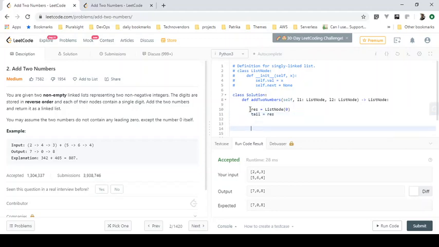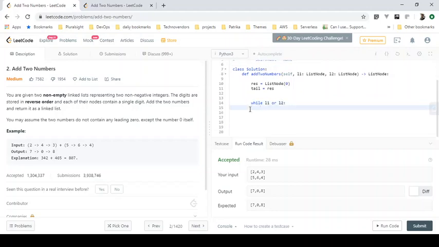First we'll check that L1 and L2 should not both be empty. If any of them has a number, we are okay with it. So we have to take the value of L1 or L2.